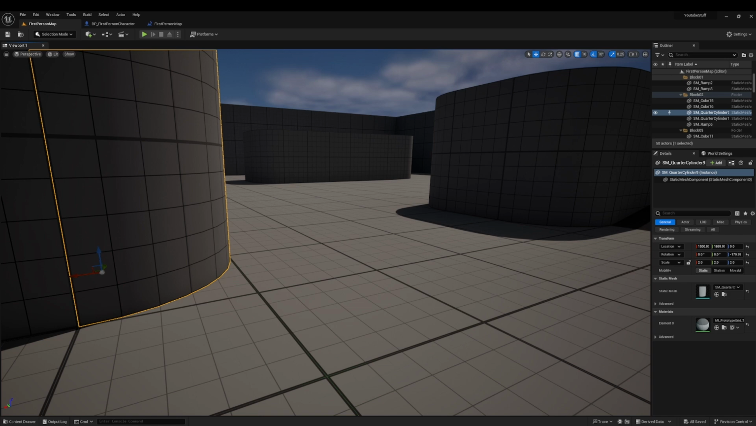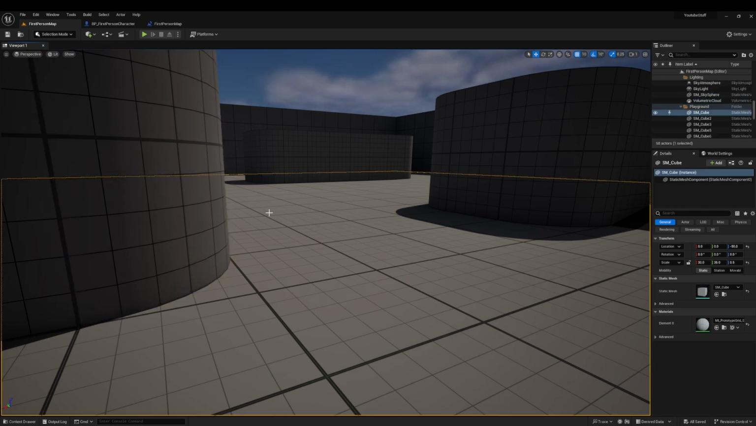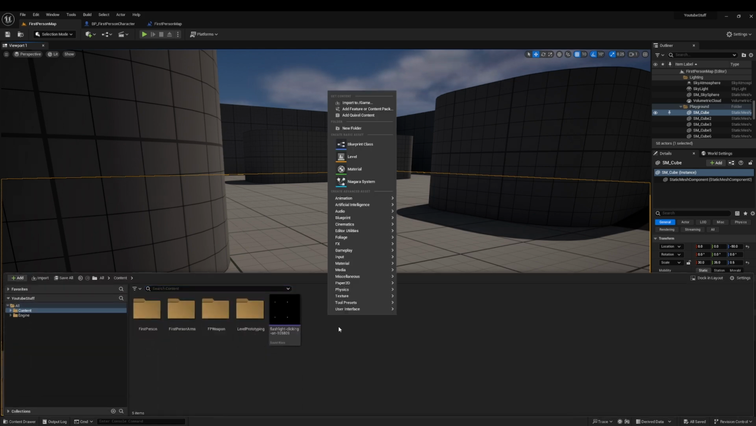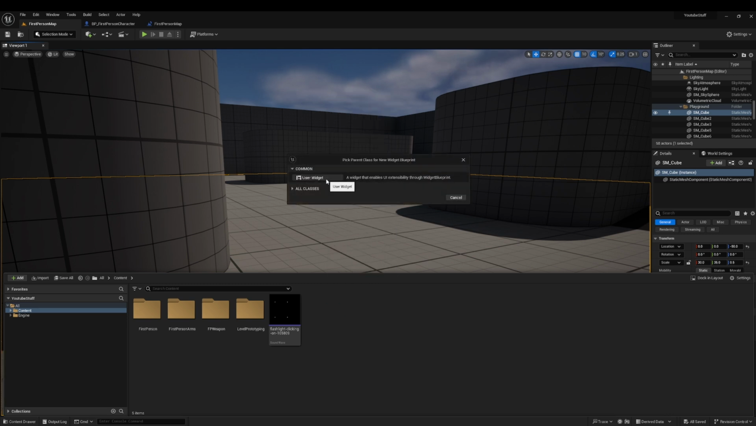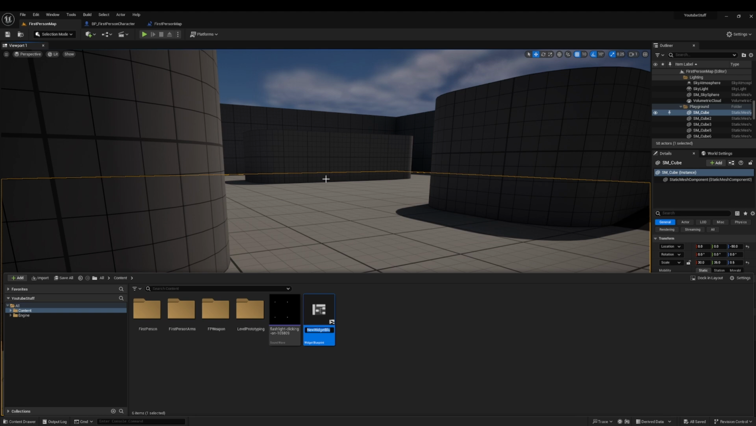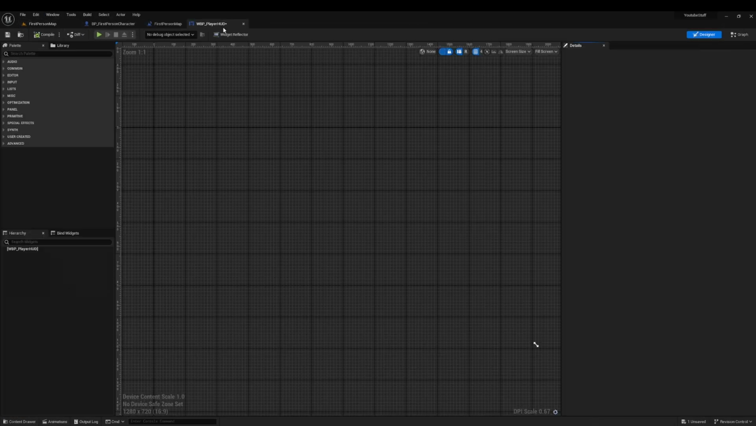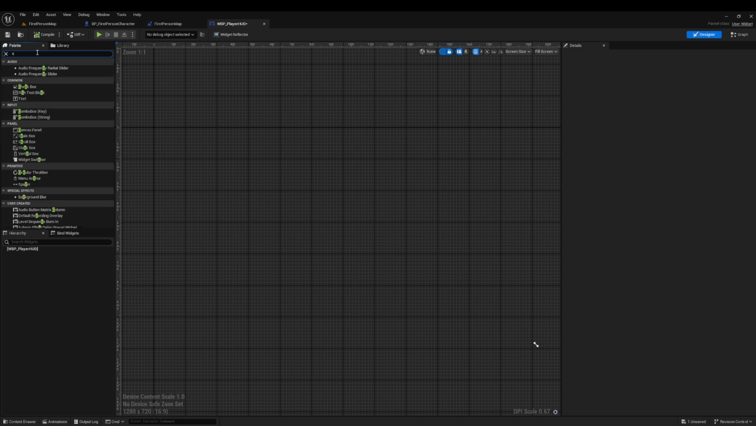In today's video, I'll be showing you guys how to make a battery system for the flashlight that I made in the previous video. Now, to start off, we're going to open our content browser, go to user interface, widget blueprints, user widget, and I'm just going to call this WBP_PlayerHUD, or you can call it whatever you want. Double click to open, and once we're here, the first thing we're going to want to add is